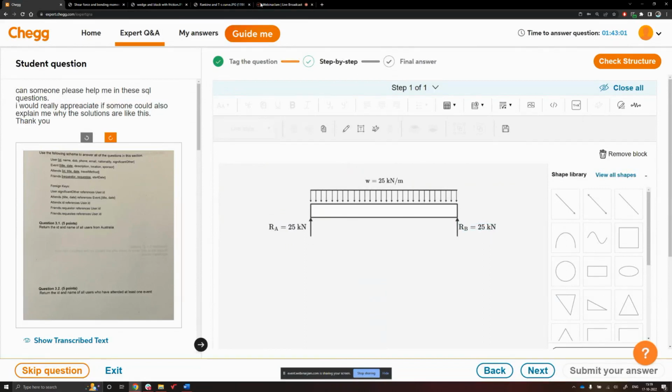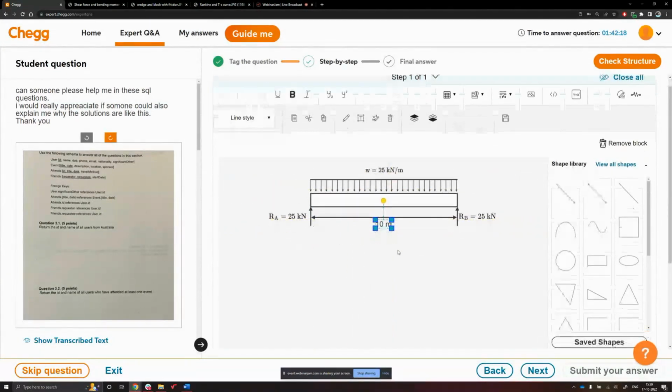We also want to include the length of the beam, which is 10 meters. For that, just use the double arrowhead tool over here, make it vertical first, and then move it. You may have noticed that it's easy to make a certain object vertical or horizontal with the snap option. It's going to get snapped to a certain inclination. And then you can click on the blue dots to expand the size. After that, you can just insert the text tool here, 10 meters.